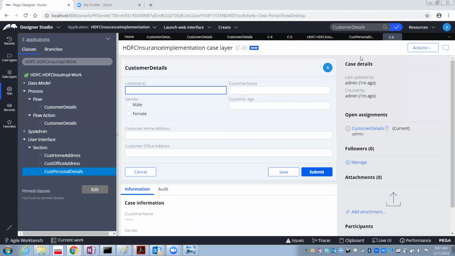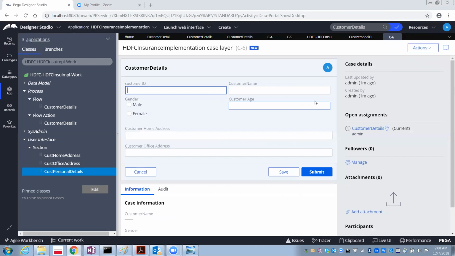So now it will create C-6. This is the work object ID, and the column format has changed here. So this is just one of the flow actions which we created.